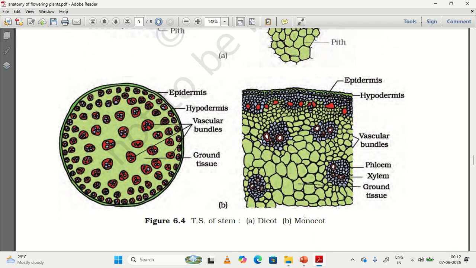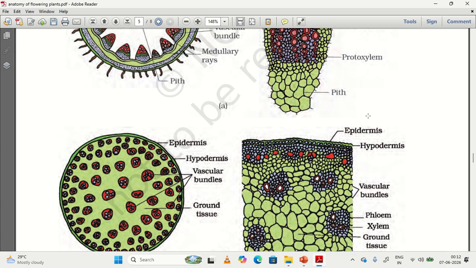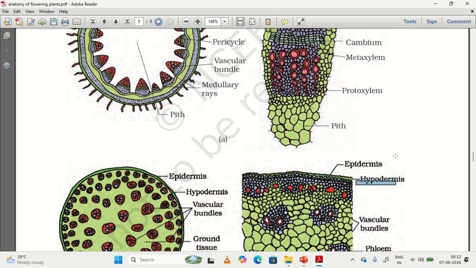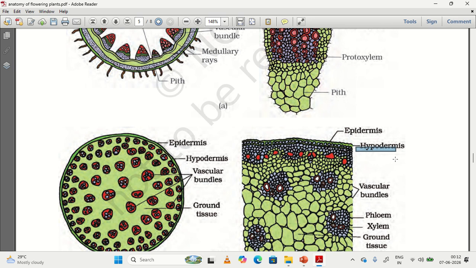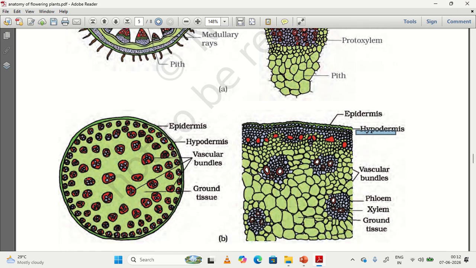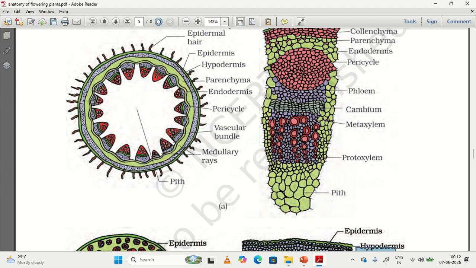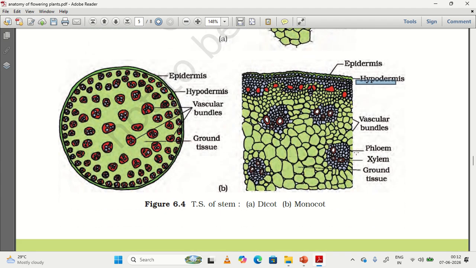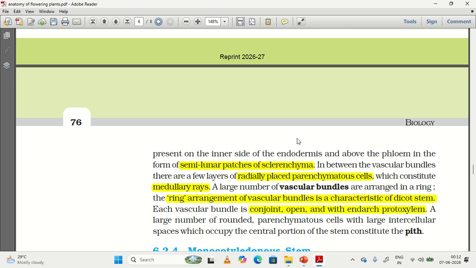diagram. So the monocot has the outermost layer epidermis and the hypodermis is made up of sclerenchyma. Here the cortex is not divided into different zones like the dicot plant. The vascular bundles are scattered. They are not arranged in a radial way like the dicot stem. Here the xylem and phloem are present, and between them you have the ground tissue. Ground tissue can be seen here. Okay, so this is about the